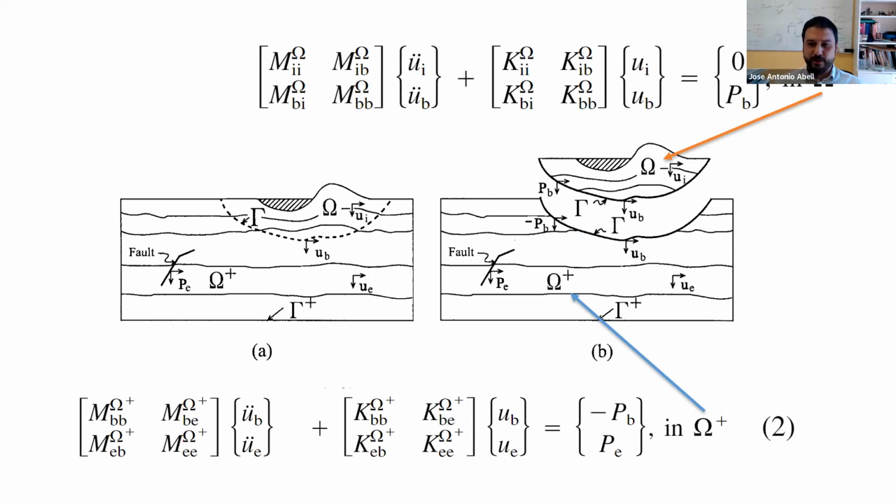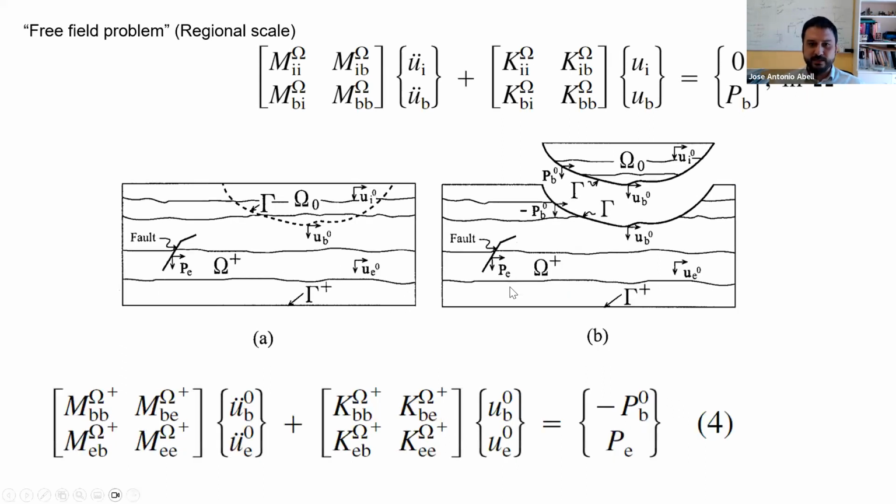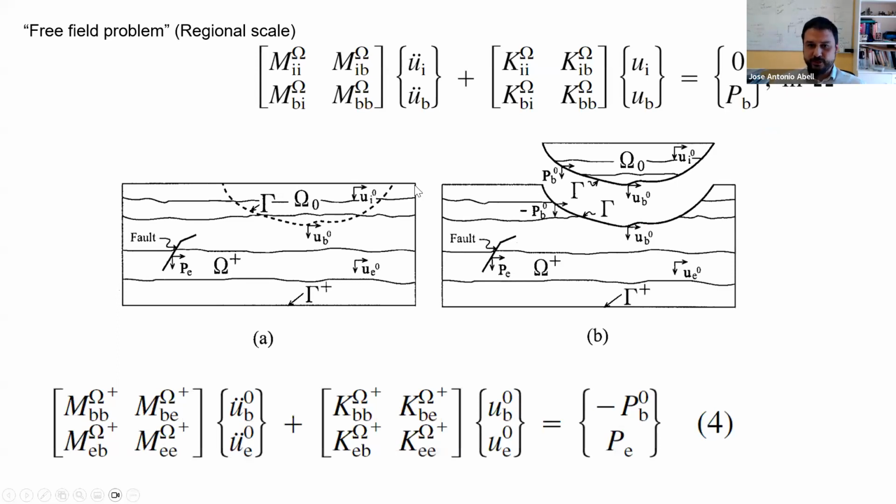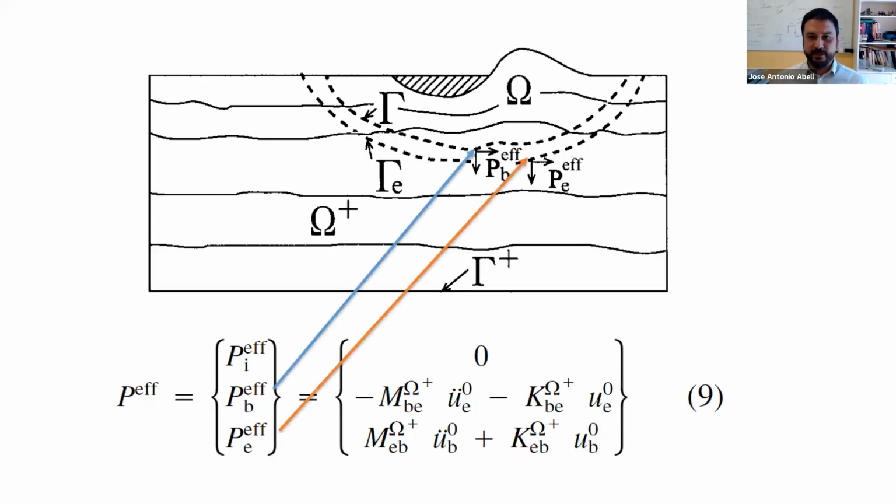And after some algebraic manipulations, you can replace. Look at what happened between these two slides. You have the feature in the full problem. And you remove the feature to kind of like a featureless or free field condition, right? And you analyze in that case the regional problem. And if you do some algebraic manipulations, which I developed for a recent webinar for SDA, but I kind of summarized here, you can actually replace